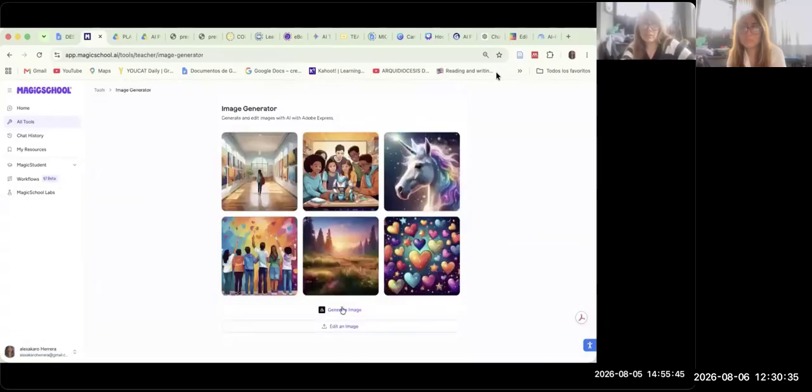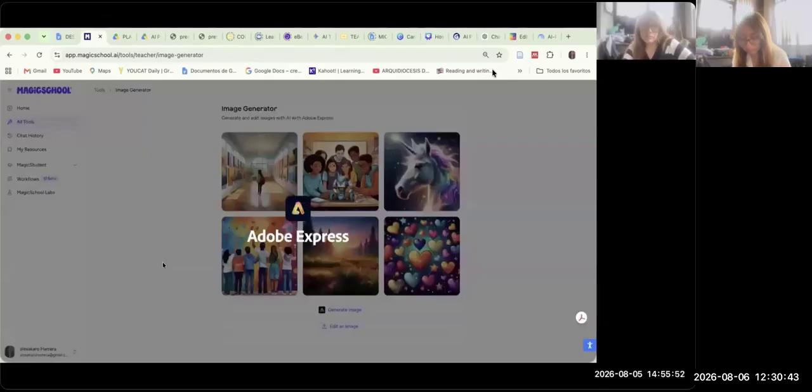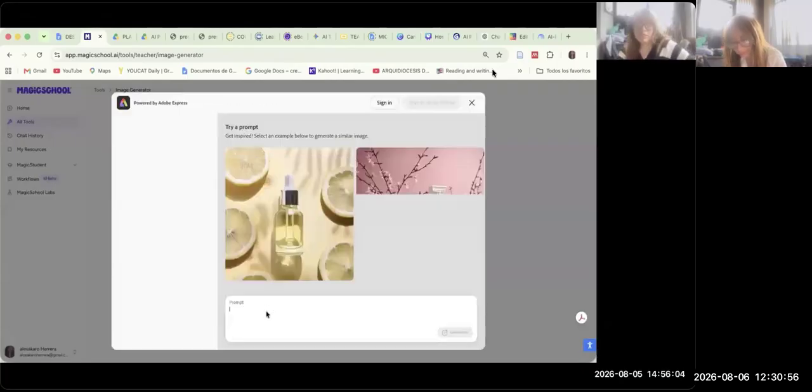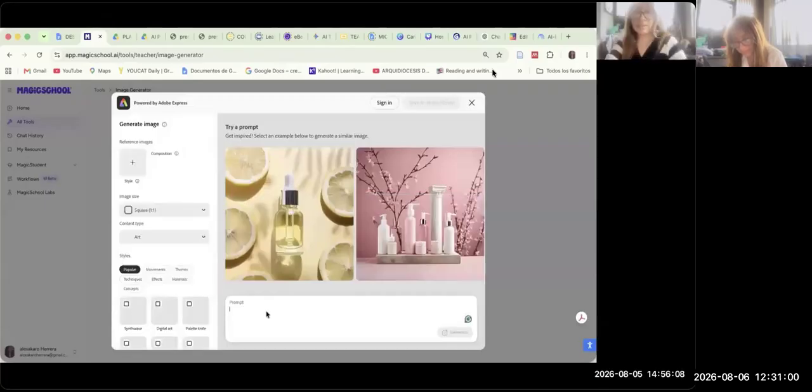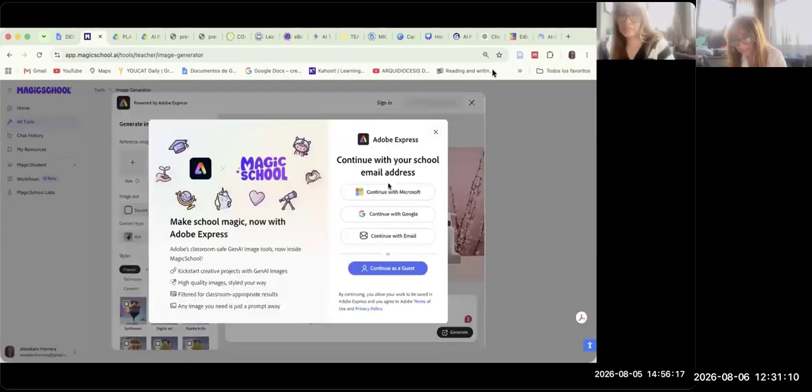Okay, I'm going to put generate image. I need to try to put a prompt. In this case, based on this text, I need